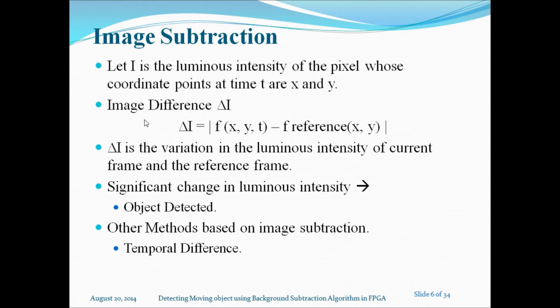Changes due to noise in images cause some change in luminous intensity of the pixel, but we don't want it to be reflected in our output. So we define threshold values for pixel intensity comparison. If the pixel intensity is less than the threshold, we discard delta I of the pixel, else it will be considered as part of a moving object.